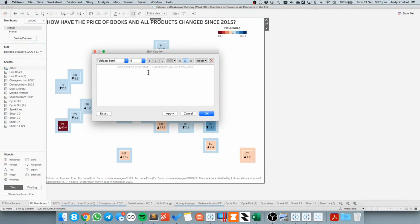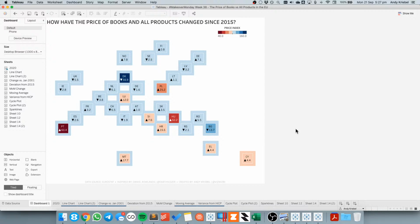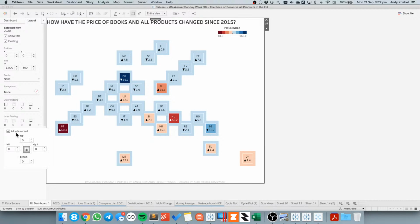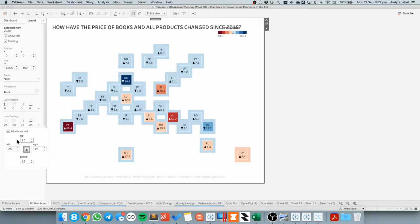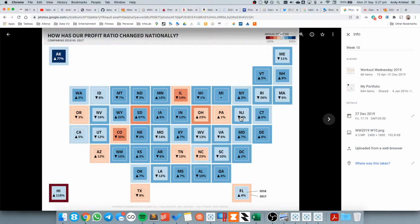So I want to make sure that I credit at Darth Visor, created by. Okay, I just like making that nice and small. Now my whole chart needs some padding around the outside, so let's give it some padding. Okay, and then if I look back at the one that this one here,